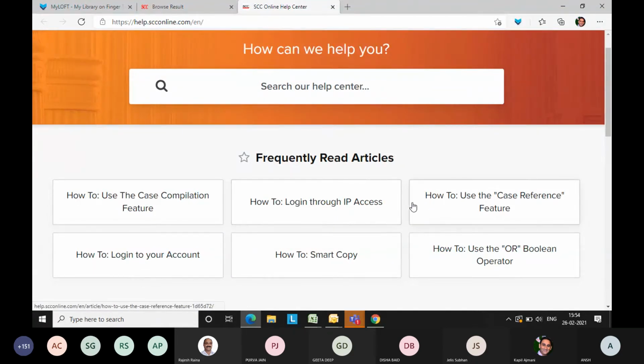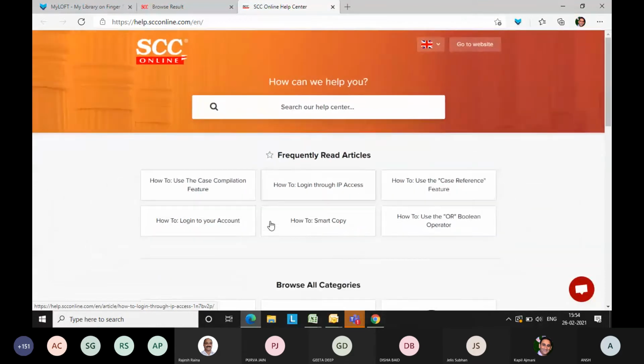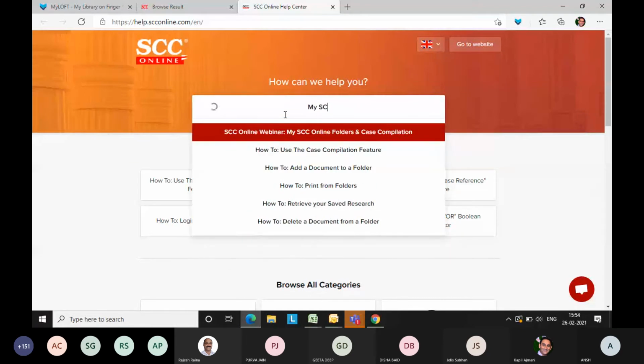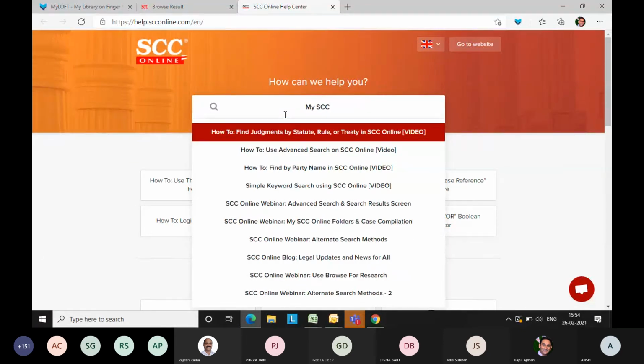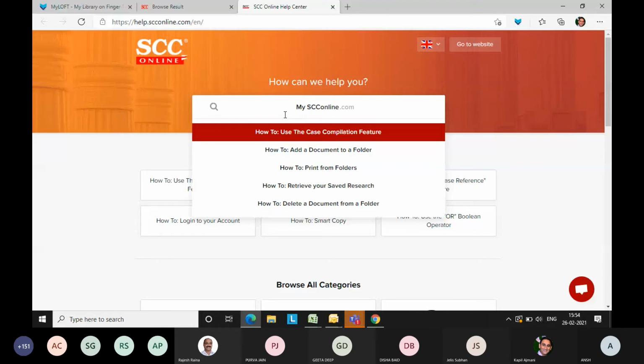But what if what you are looking for doesn't fall under these? Say, for example, in the search help center, I want to know something more about My SEC Online folder. So I'll key in My SEC Online. The moment you key in, it gives me suggestions, like how to find judgments, or how to use the case compilation feature. If you click on the case compilation feature, it will illustrate it with an example.